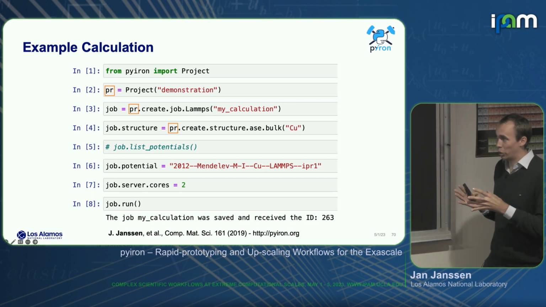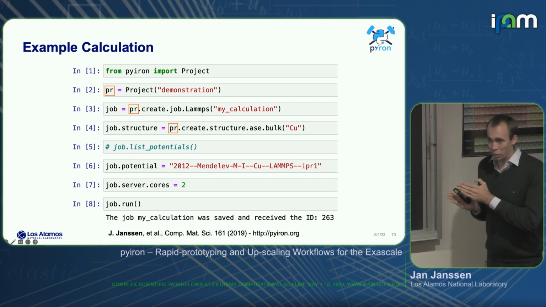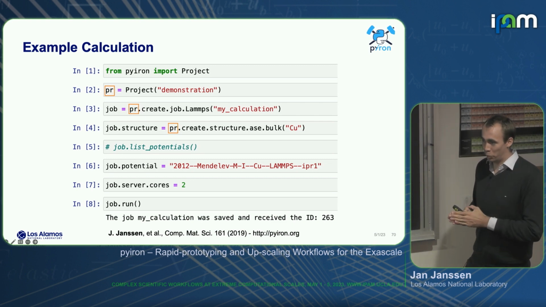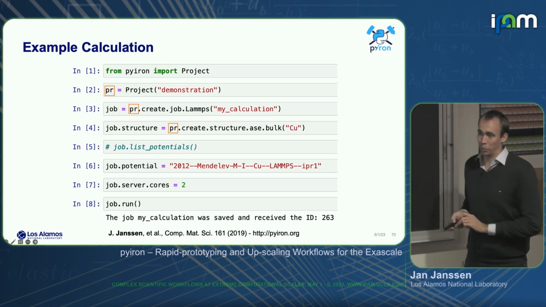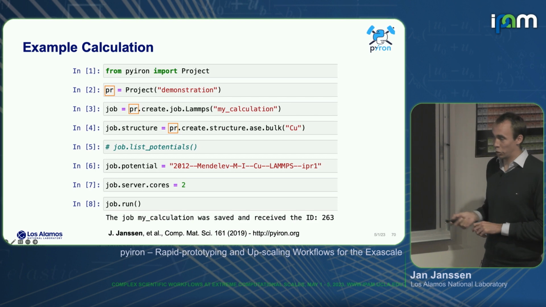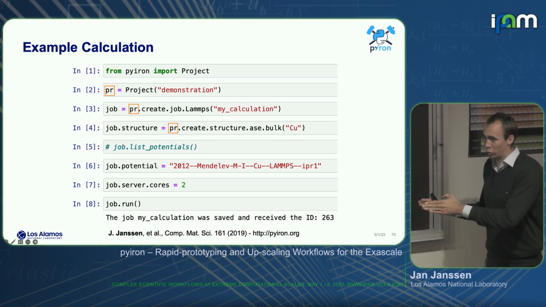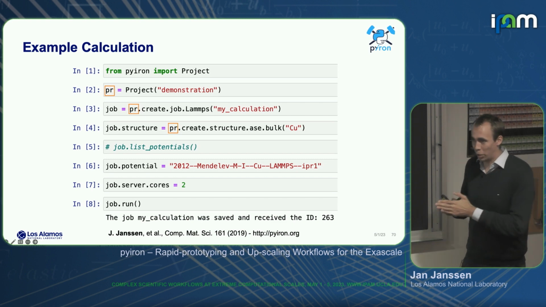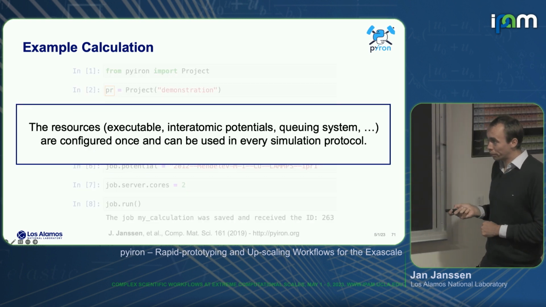Right? So the goal here is really that what we have in the Jupyter notebook should be as close to the scientific steps we want to do as possible, and have as little as possible technical information that is specific maybe to one supercomputer. So you should be able to take one simulation protocol and bring it from one computer to another computer, or even share it with collaborating partners who have access to different resources.